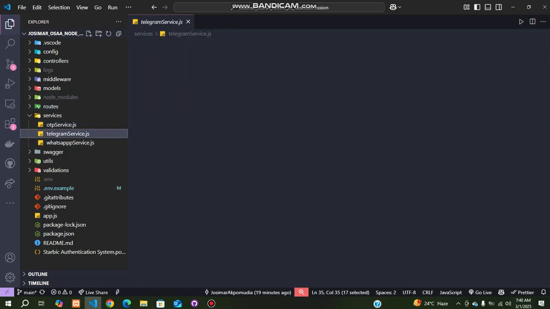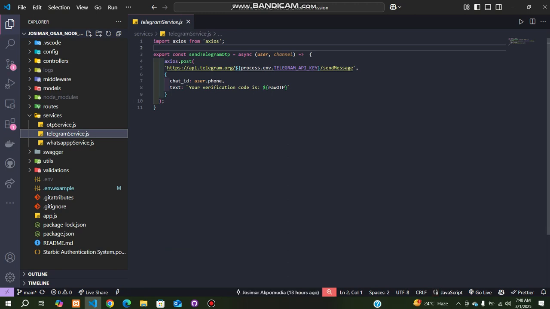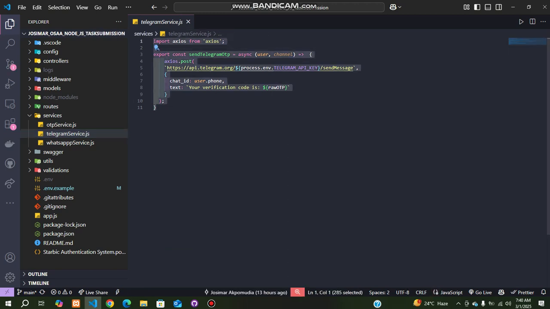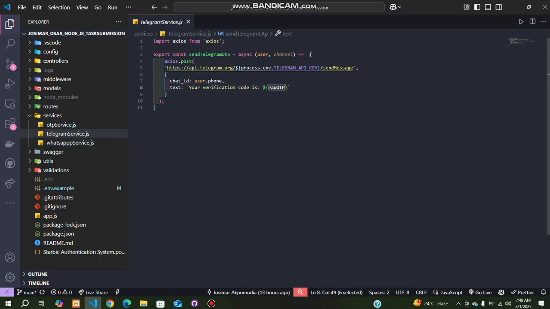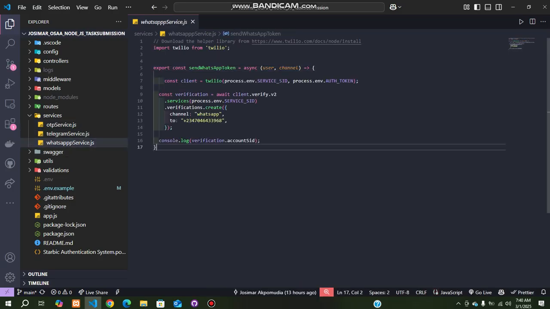This is the Telegram service which handles the connection to Telegram, sending of the token, which is the OTP, and this is the WhatsApp service, which handles the sending of the notification and verification. With Twilio, there's this verification which you can